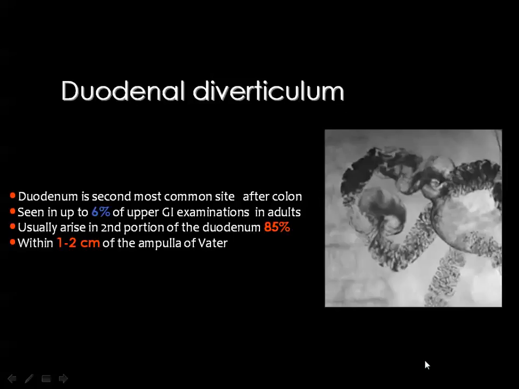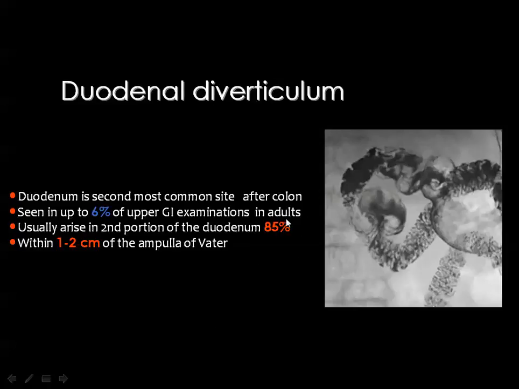This is a barium study showing a typical gastric diverticulum in a typical location, which is in the gastric fundus. Duodenal diverticula are considered the second most common GI diverticula after those of the colon. And this is the incidence: about 6% of upper GI examinations may show duodenal diverticulum, and this diverticulum is a false diverticulum made only of mucosa,